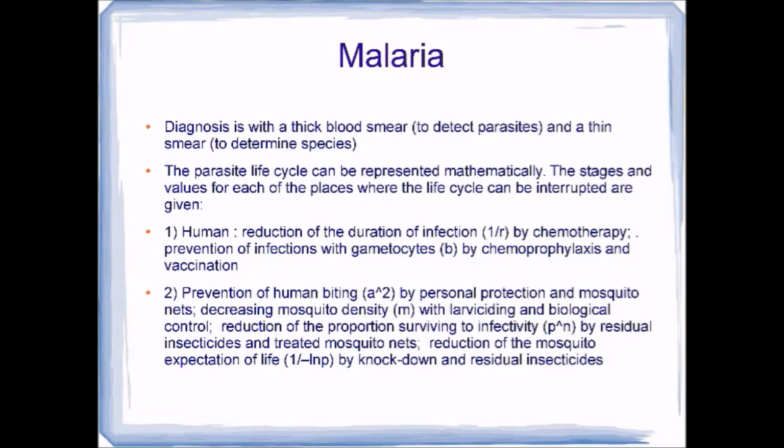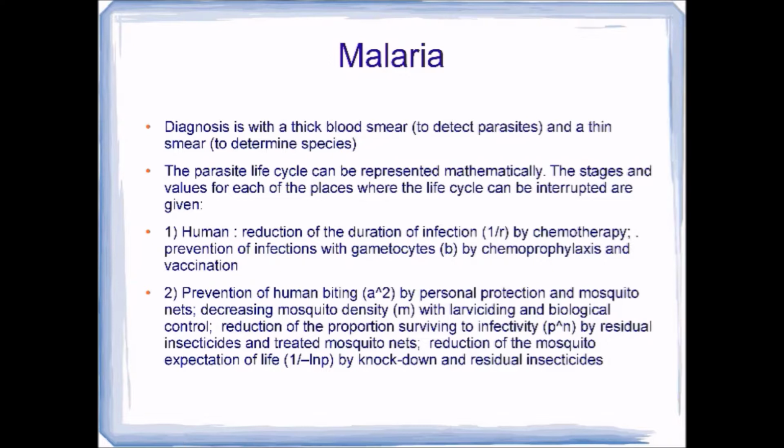The diagnosis is with a thick blood smear to detect the parasites, and a thin smear to determine the species. A dipstick method for P. falciparum has made the diagnosis of malaria simpler, but is still too expensive for routine use in many countries. It is particularly useful for surveys. A similar dipstick method for the other malaria parasites has been developed, but is not sufficiently sensitive or specific to